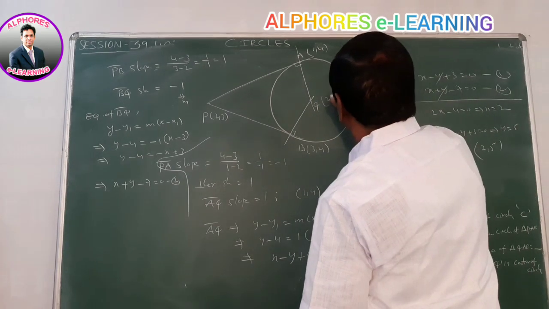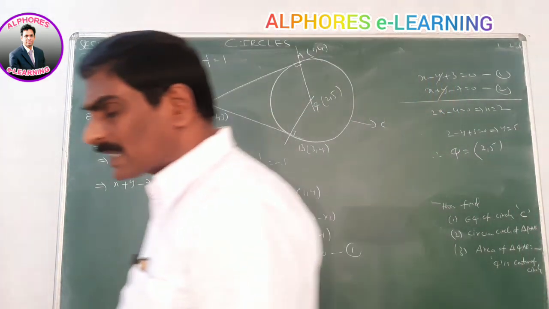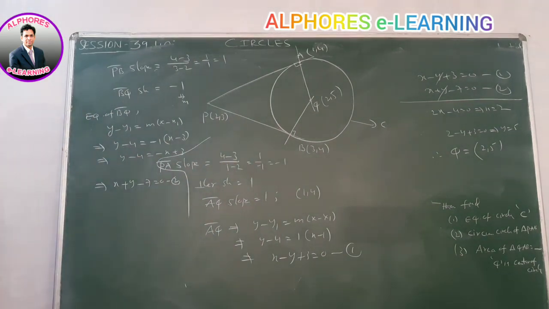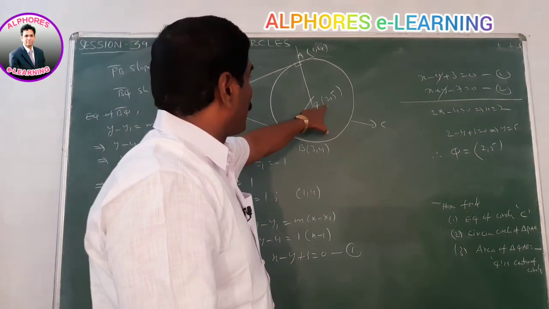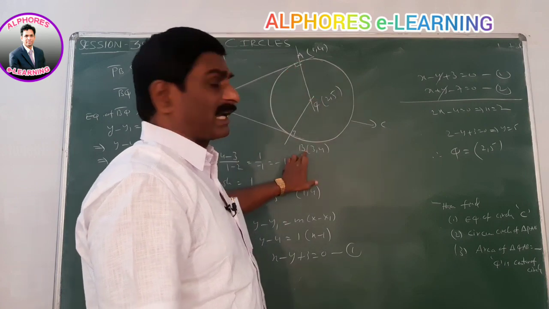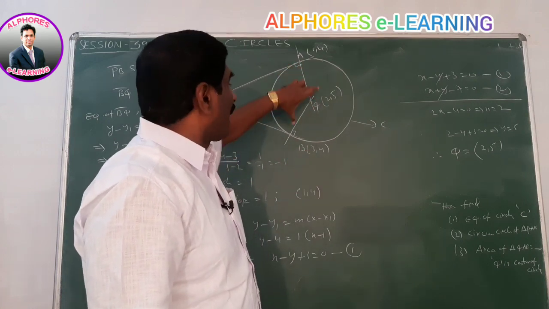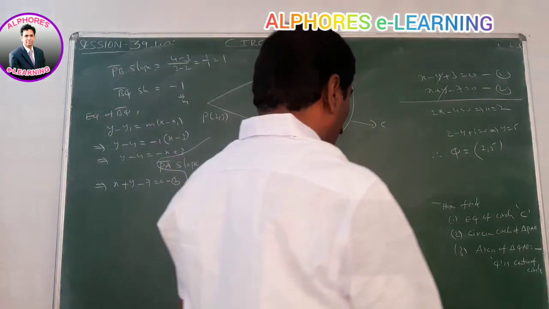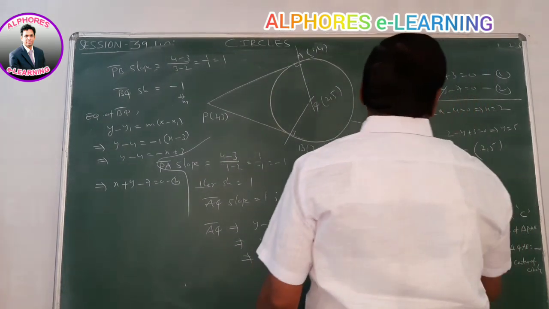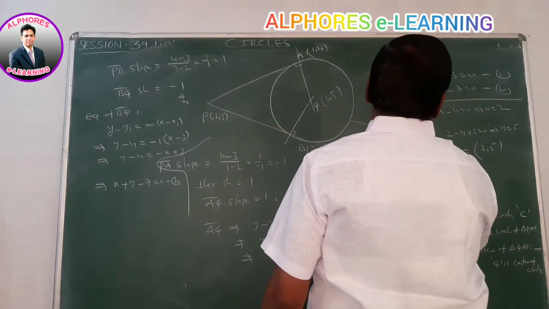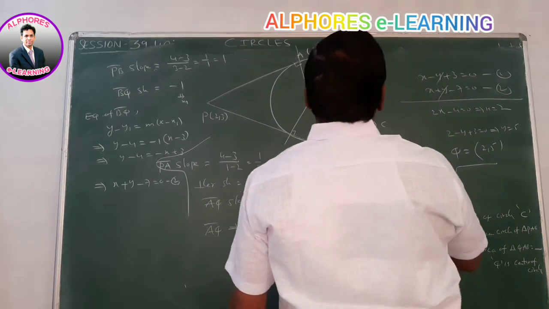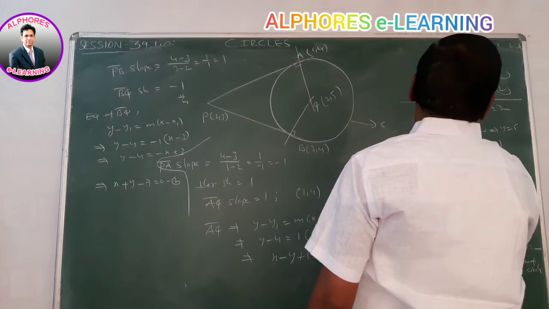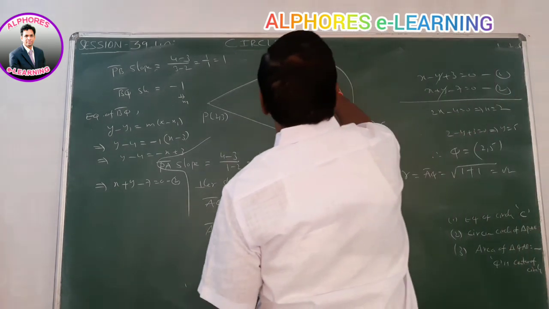Center of the circle is 2 comma 5. Already we found the center of the circle, 2 comma 5. One of the points on the circle is 1 comma 4 or 3 comma 4. Radius is nothing but AQ or BQ. Now radius R is equal to AQ, the distance between the 2 points. Root over 2 minus 1 whole square plus 1 square, that is equal to root 2. Radius of this circle is root 2.